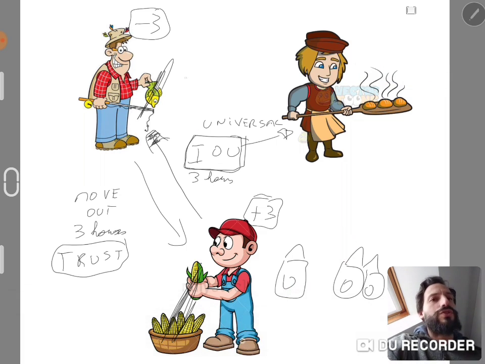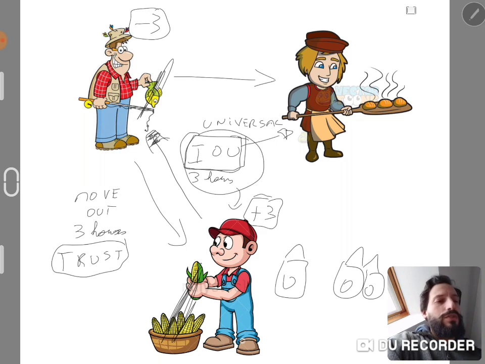Can you trade that voucher with a baker, for instance, and say, here, give me some bread? Or can you trade this voucher with my buddy and he'll help you move or whatever? You can't do that. It's not a universal IOU. Now, if you give him, on the other hand, $30, he can go and trade